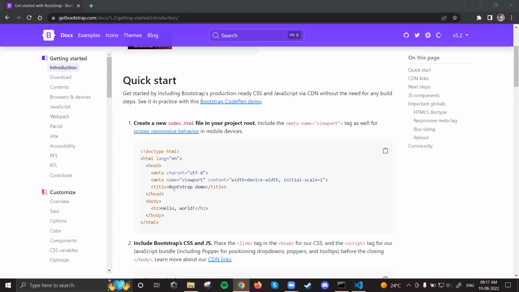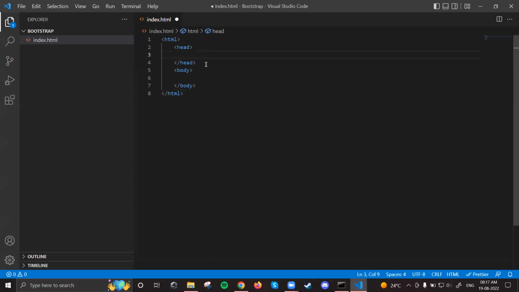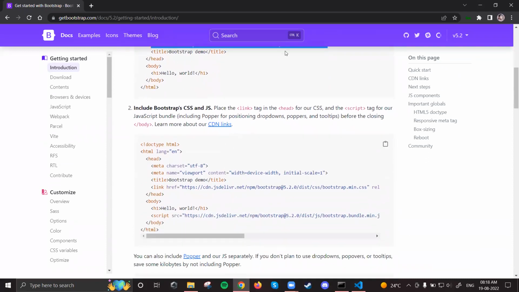So what I'll do is I'll include this line in our project. Okay, fine. Now what is the next step? So after adding this line, we need to use some CDN. So okay, now